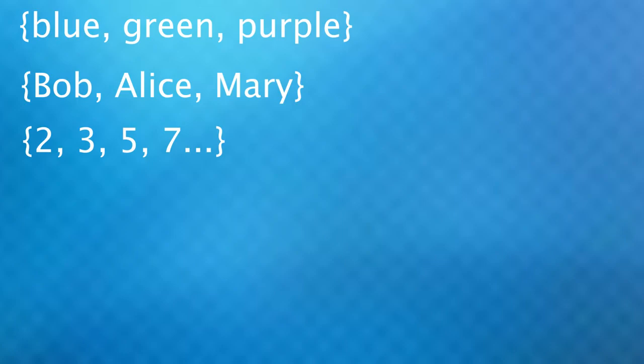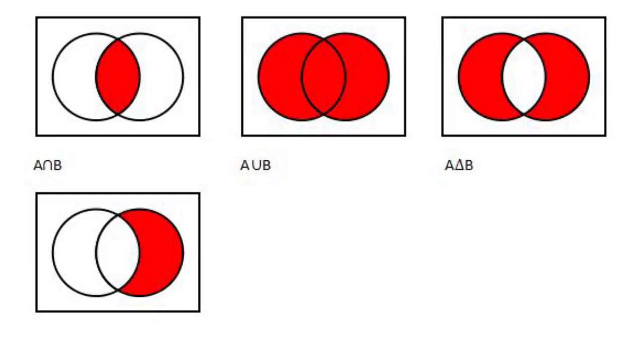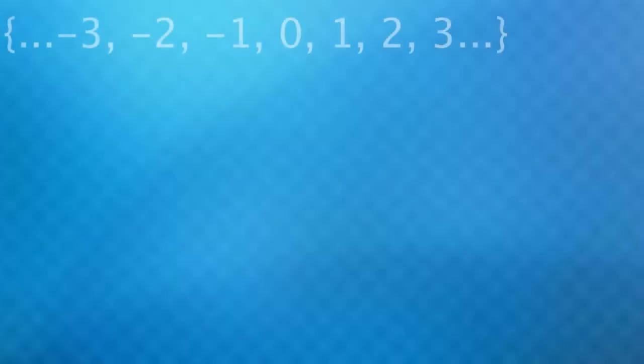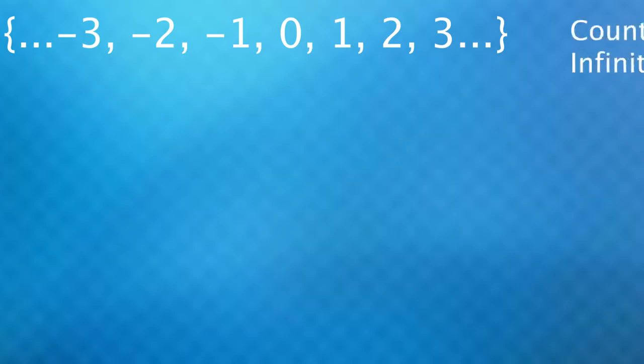Set theory is concerned with the intersections of sets, unions, subsets, or sets within sets, and what I'll cover now is whether a set is countable or not. For example, the set of all integers, which includes negatives, positives, and 0, is countable. Now that does not mean that you can count every element in the set. It does go on forever and therefore is an infinite set. But it is countable, well actually countably infinite. And that's because I can order all the elements such that nothing ever repeats and I don't skip a number.